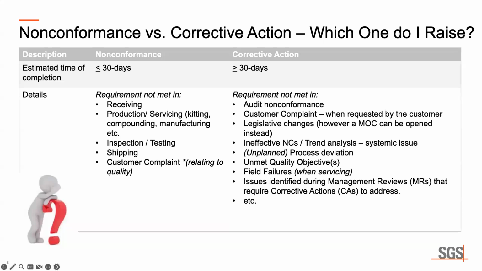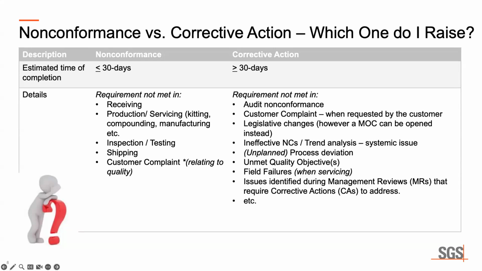Sometimes we have ineffective nonconformances, or sometimes what we end up seeing is an upward trend of nonconformances. In this case, we would say, let's close off our nonconformances, and in closing them off, we'll reference a corrective action. That corrective action will also reference all of those nonconformances that you've pulled, because you are going to address the issue through doing an investigation. It is pointless for you to just keep opening up a nonconformance, being that it is a recurring issue.